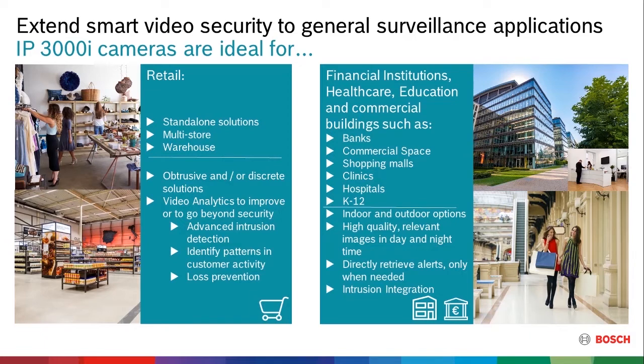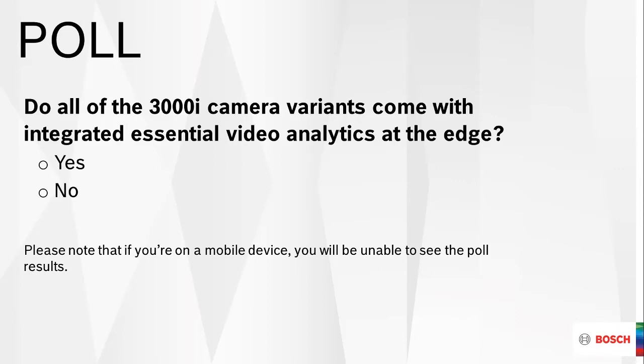But when you look at the rest of the commercial space, where else does it fit? It fits pretty much anywhere you can think: lending institutions, banks, commercial spaces, shopping malls, clinics, hospitals, education, K through 12, both indoor and outdoor capabilities. There's really nowhere that this camera or this family of cameras does not fit. So it's a great way to round out a complete solution